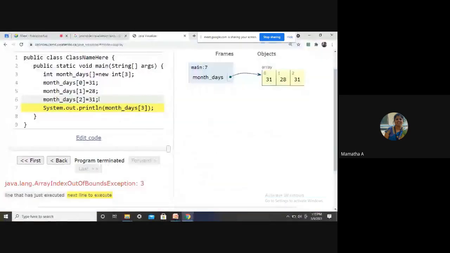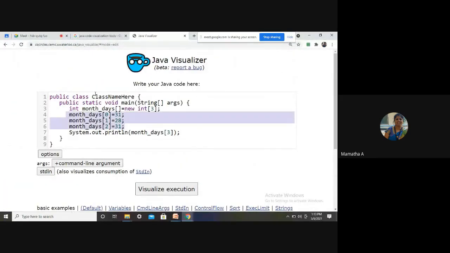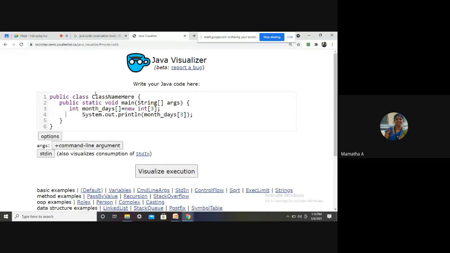So instead of doing this, tell me what I can do here now. What initializer could I have used here? Curly braces, 31, comma, 28, comma, 31. Okay, let me execute and see.